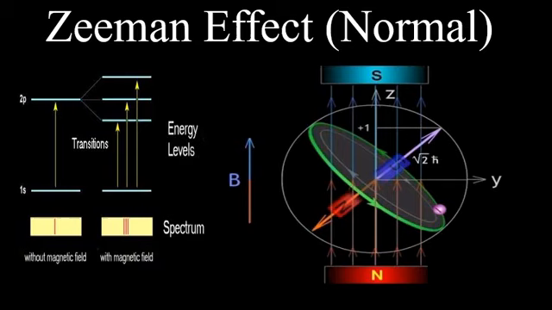Dear students, in this video we will discuss the Zeeman effect. That is, in the Zeeman effect we will discuss what happens to an atom when it is in a magnetic field and how the different energy levels get split when magnetic fields act on an atom. So here the main question is: what happens to an atom